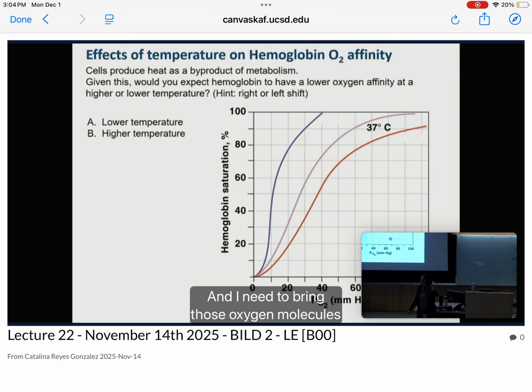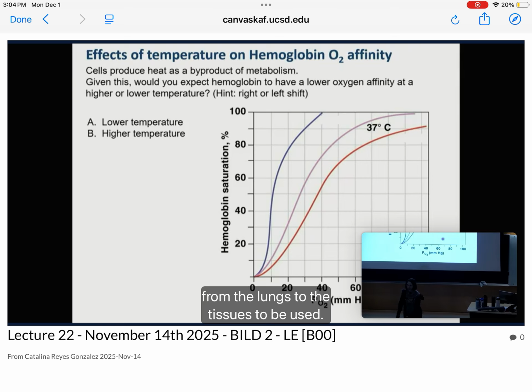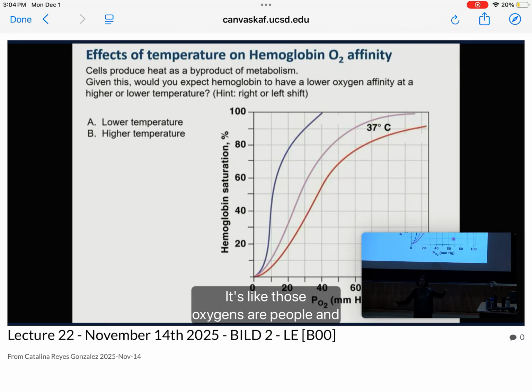And I need to bring those oxygen molecules from the lungs to the tissues to be used. It's like those oxygens are people and they need to get on that bus to go to work, okay? To be used in the work, okay? So I'm going to load those 4 oxygens, right? I have my bus full, 100% saturation. I close those doors. That oxygen is no longer available to contribute to the